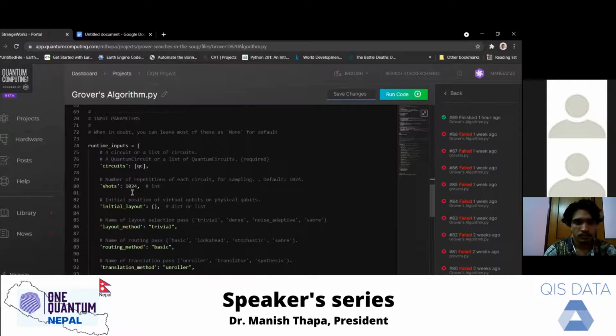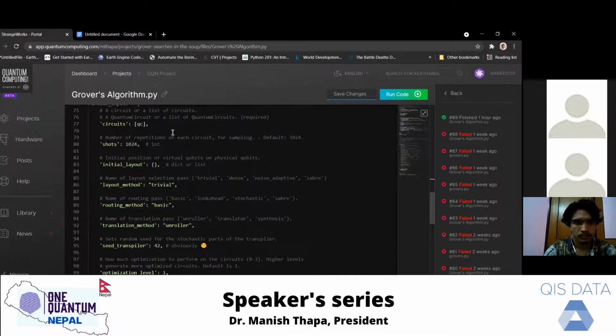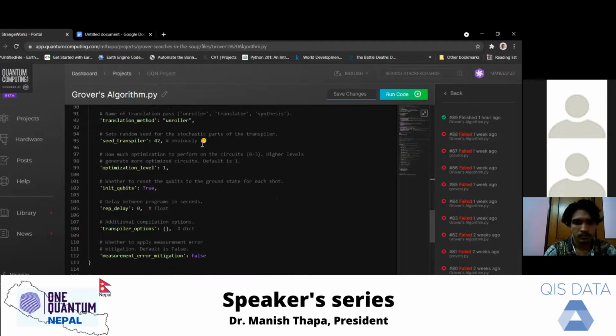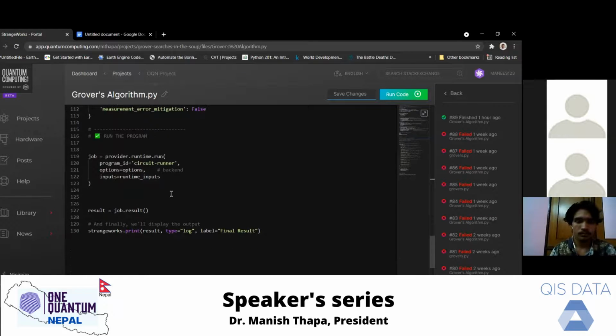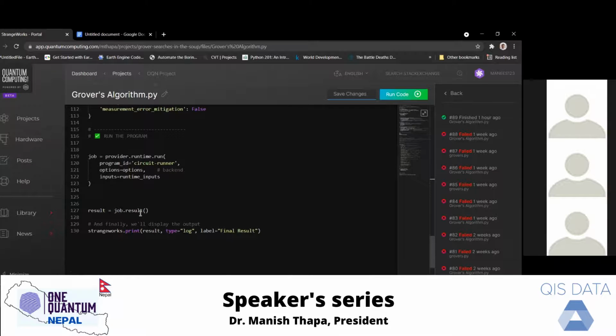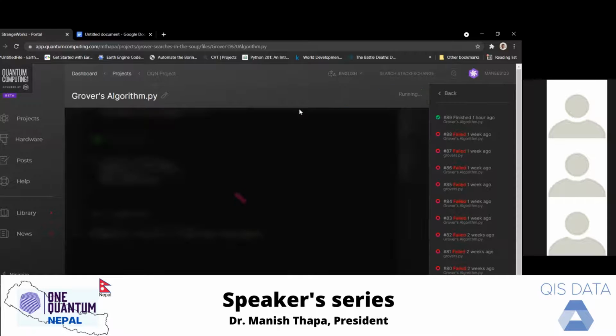We are taking a large number of shots so that we obtain higher precision in our measurement, and there are other arguments as well, which I don't think are very important for our problem here. Here we assign the job to the provider, collect the result from the job assigned, and finally run our circuit on this simulator, and let's see what our result is.